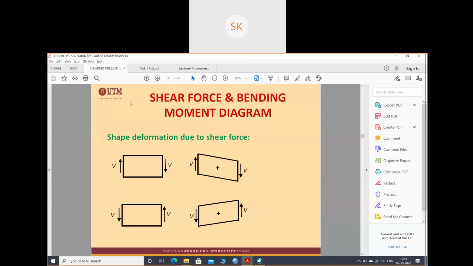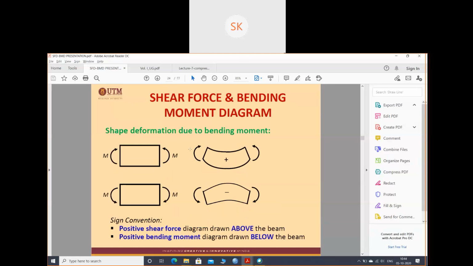Okay. So these are the shape deformation due to shear force. Shape deformation due to bending. This will be your bending, shape of the bending. Positive shear force diagram is drawn above the beam. If I gave you a beam,